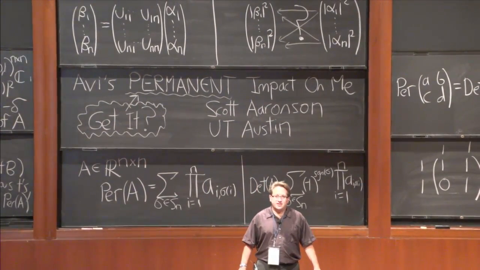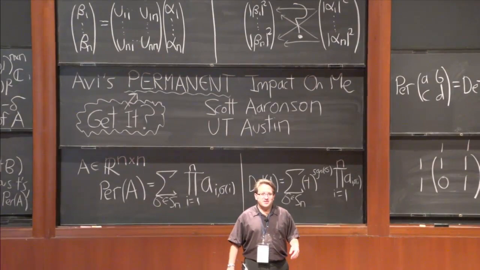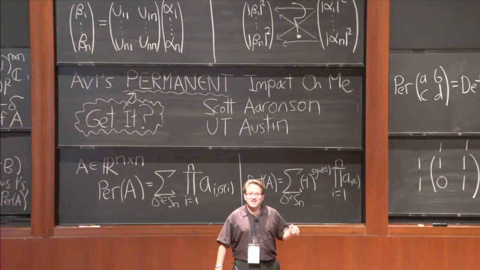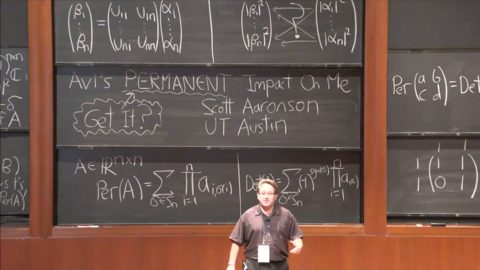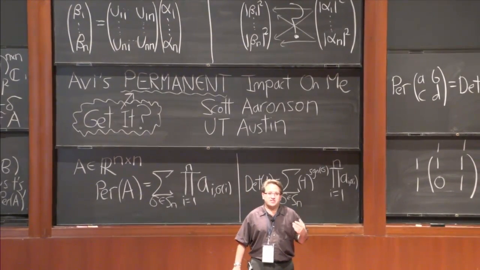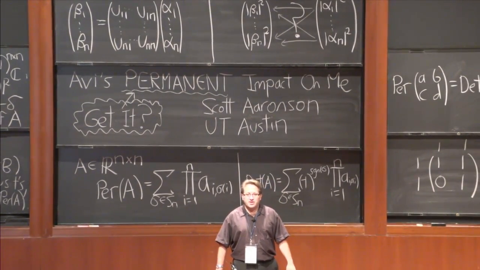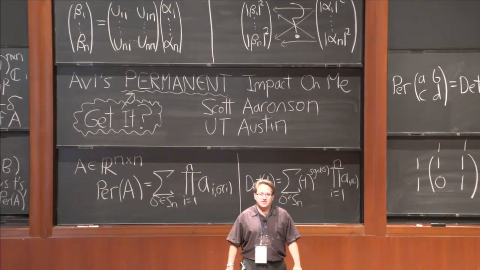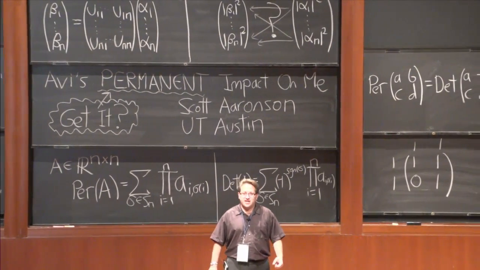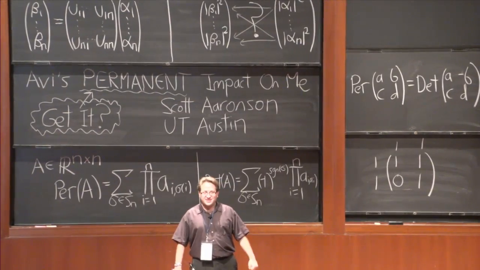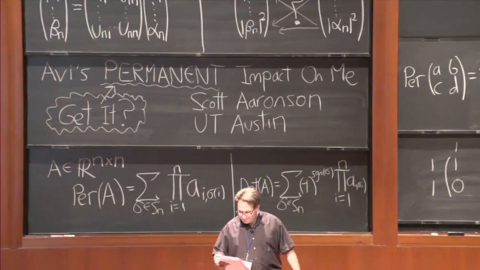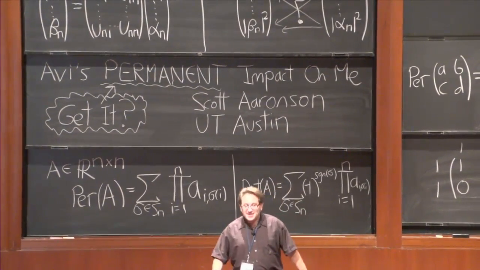After I started dating an Israeli theoretical computer scientist, he helped me with learning Hebrew. Even today I learned from him what is the Hebrew word for the permanent of a matrix. It turns out that it's "permanent." But